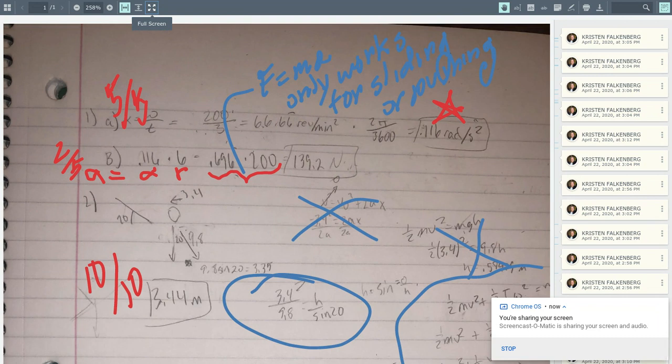But part B asks what force was required. What you've got is a force equals mass times acceleration, but that's not the equation we're using. We're wondering, with our angular acceleration, what's the force we need to rotate the object? So you've got a force at a radius, and then you've got not mass times acceleration, you've got net torque, a force times a radius, equals I times